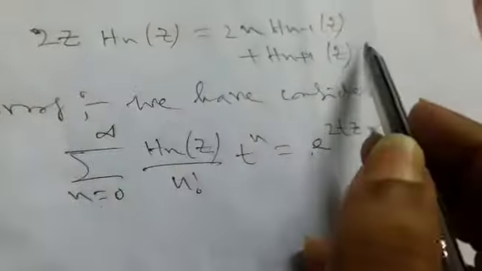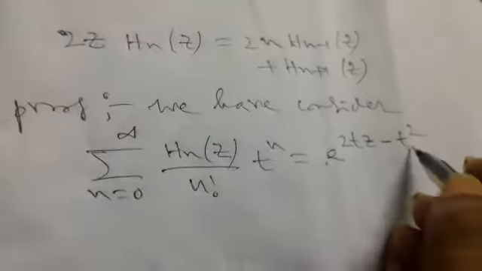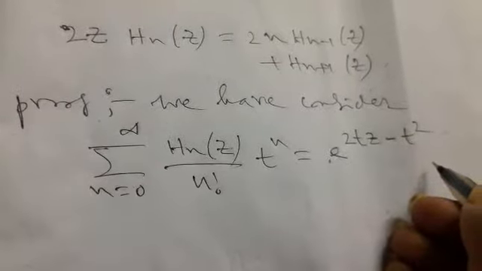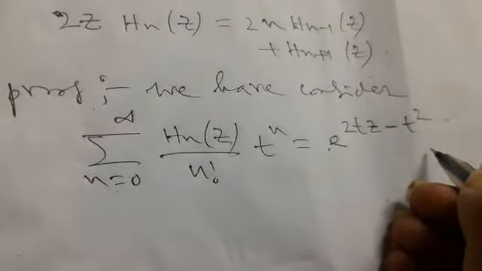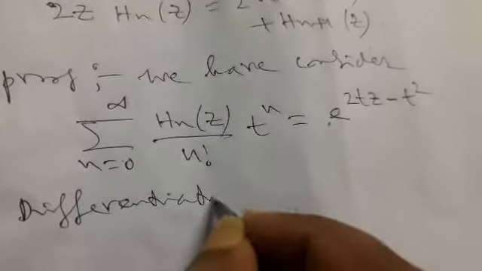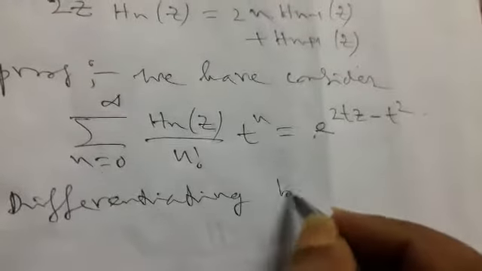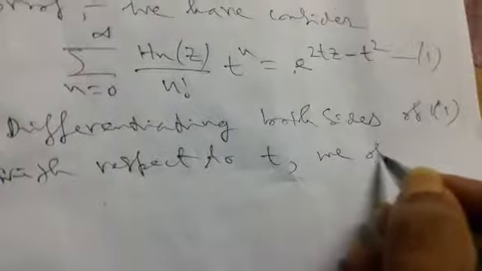But here, if we consider these terms, t is eliminated, but there are the two relationships Hn minus 1 and Hn plus 1. In the earlier recurrence relation we took the differentiation with respect to z. Here we take the differentiation of both sides, taking it as equation number 1, with respect to t, we obtain